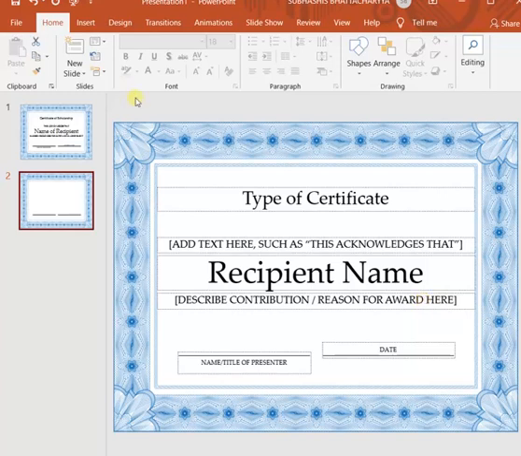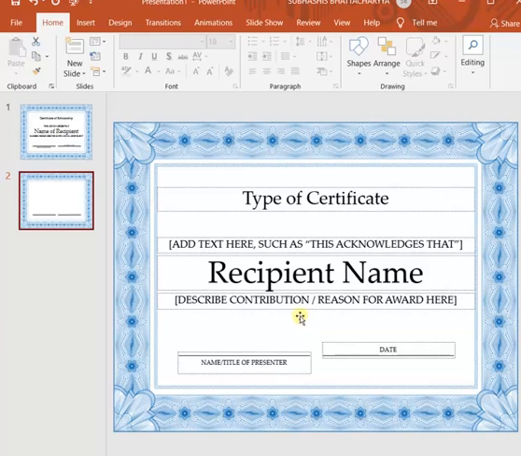To change the background, first let me discuss solid fill. Actually it is the default, but I am showing you how to apply solid fill. By default solid fill is there, but if you have a different style and you want to change to solid fill again, then you have to follow this step. So I am first showing you how to apply solid fill.